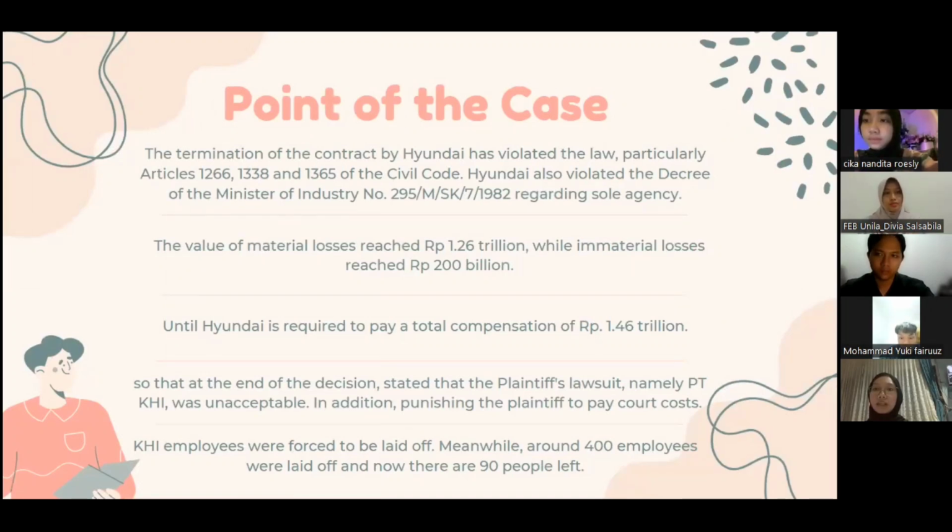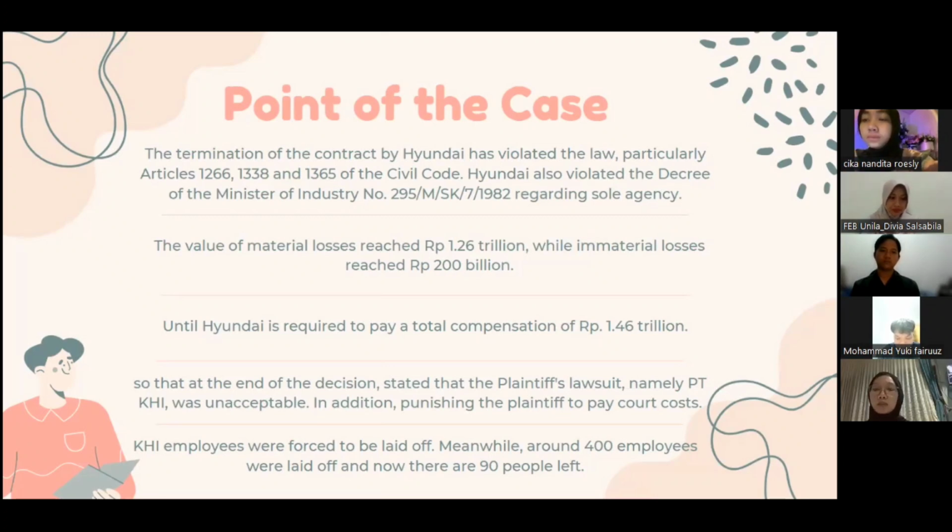And then the termination of the contract by Hyundai was evaluated under the law, particularly Articles 1266, 1338, and 1365 of the Civil Code. Hyundai also evaluated the decree of the Minister of Industry, recording of solo agency, and then the value of material